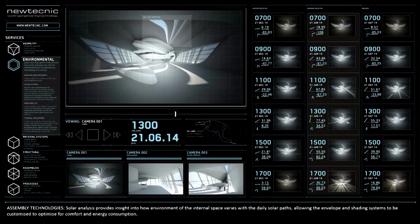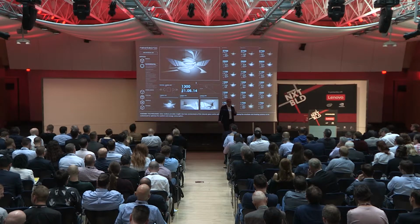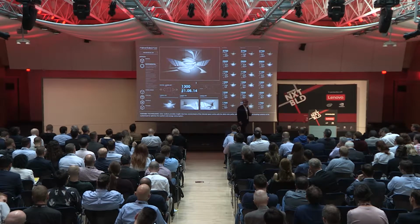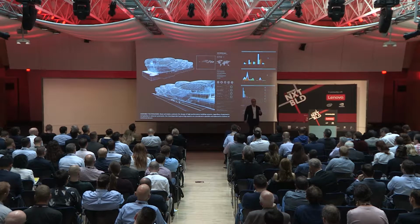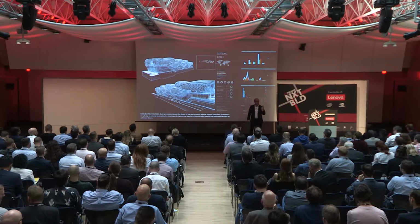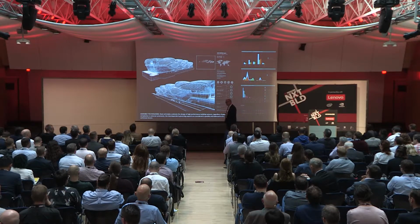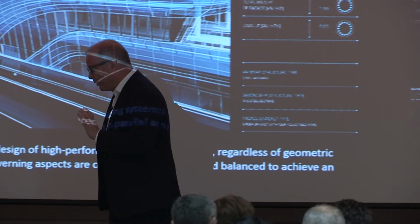We want to reduce construction programs, not because it's quite nice to, but because it makes the difference between somebody losing a shed load of money on a project and breaking even or making money. So building construction is high risk financially, and high risk for people working on the site because it's a dangerous job. Very important that